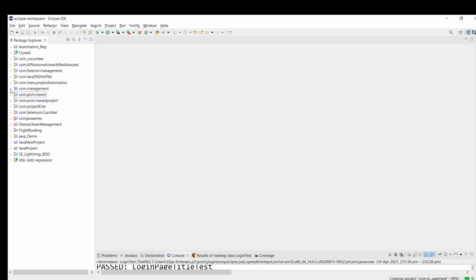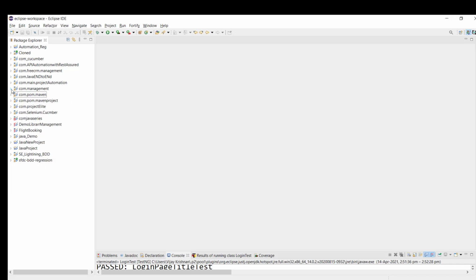Here we go. This is our project, guys. You can see these four source folders got created under this project, and finally we have a pom.xml file as well. This is the project structure for a Maven project. On top of the Maven project, you can see M. So M means Maven project.